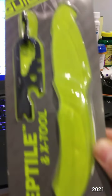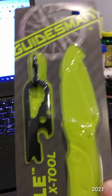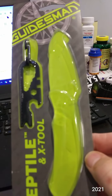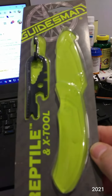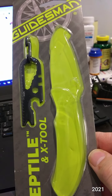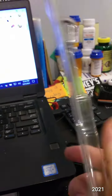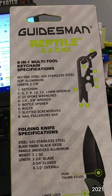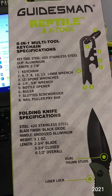This is the Guidesman Reptile, and I guess X tool. I don't use the tools. I got this for $6.99 at Menards on clearance, I believe, and there's actually two versions of this. The first one is just a little bit longer and a little bit slimmer blade, a little bit longer overall. This one has a lot more holes in the handle. I'm not really a fan of skeletonized handles,